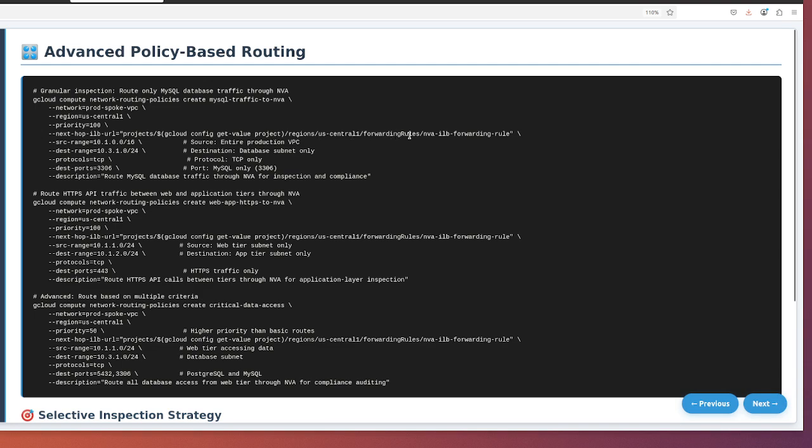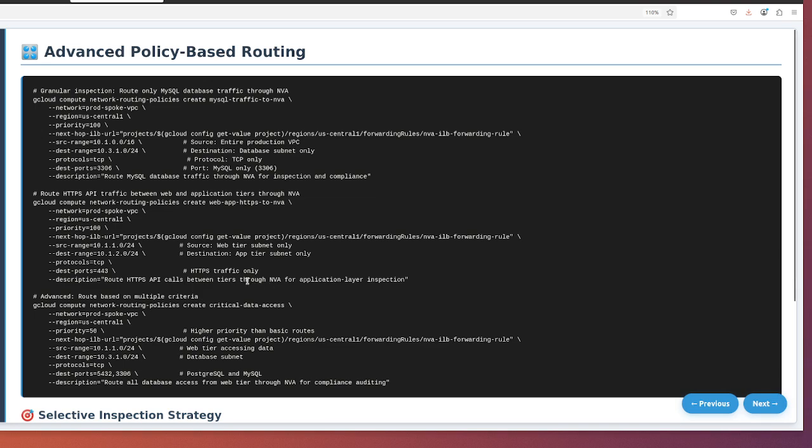The ILB URL format provides better integration with GCP's load balancing infrastructure and enables advanced features like health checking. The second example targets HTTPS traffic between web and application tiers. This is common in microservices architectures where you want to inspect API calls but allow other internal communications to flow